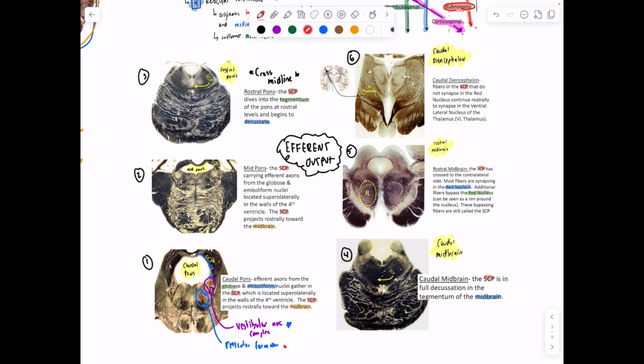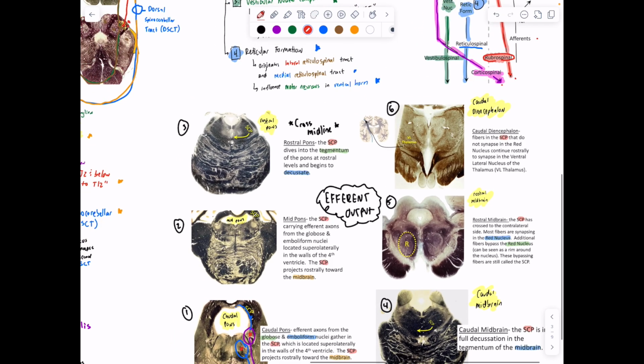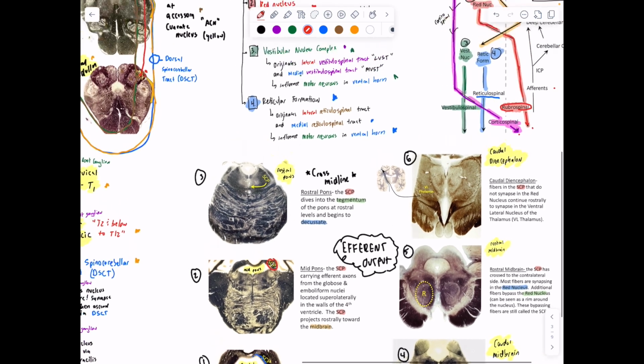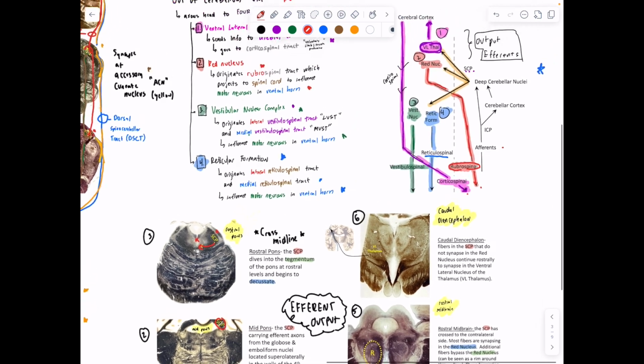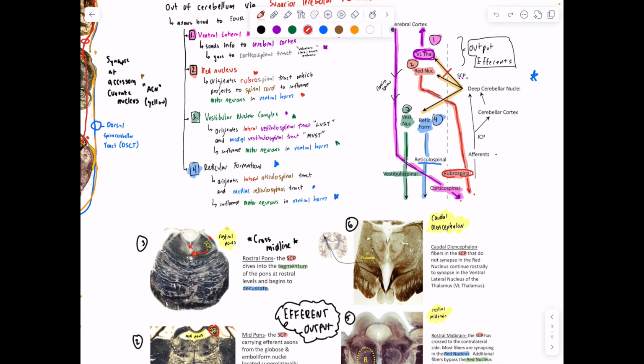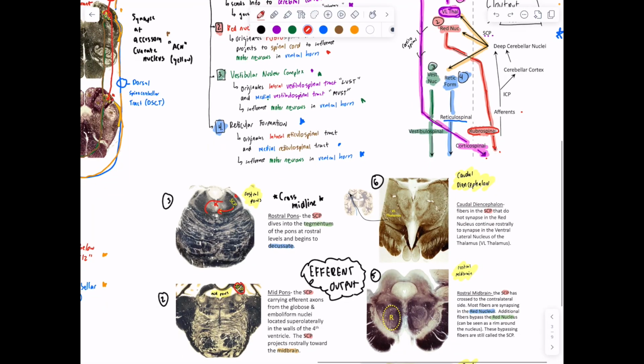And then you go to reticulospinal or lateral or medial vestibulospinal tracts. From there, mid pons, again, SCP, you're just going to ascend upwards. And then here you have the SCP in the rostral pons is going to cross midline. So if you had a lesion here, that would be like having a lesion here. And the idea is that it's going to go into the tegmentum of the pons and decussate, so just like